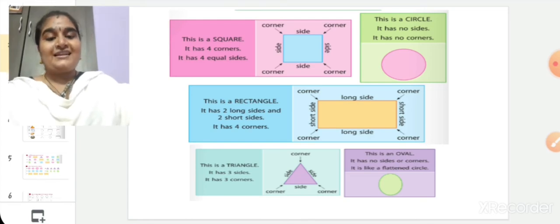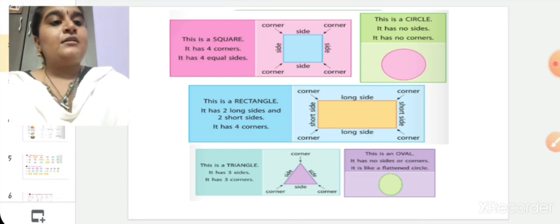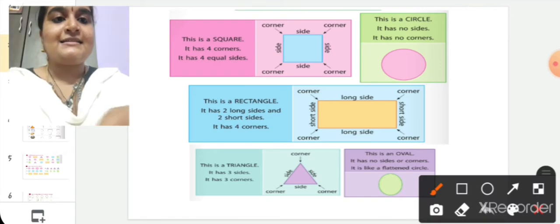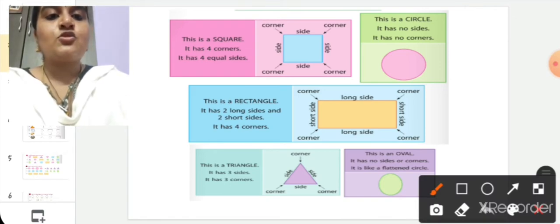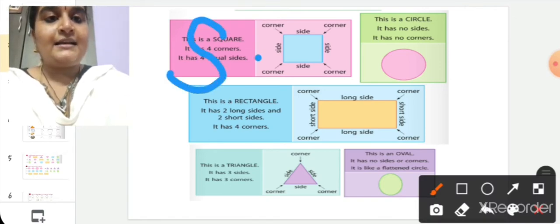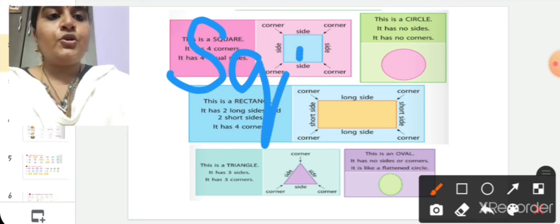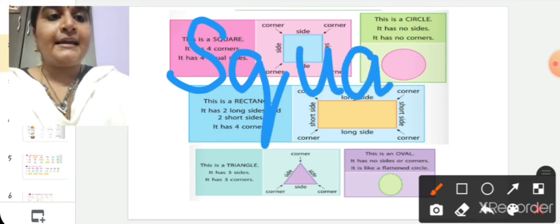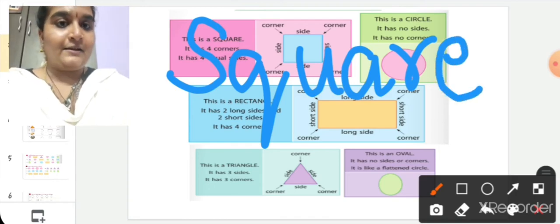So what are the shapes? Which spelling can we write and see? First one, square. S Q U A R E, square.